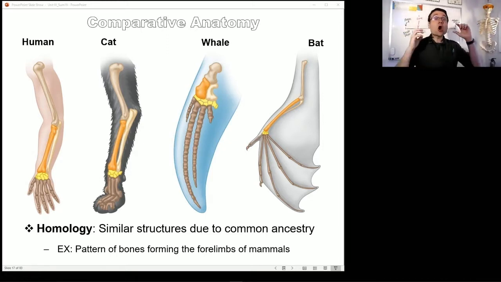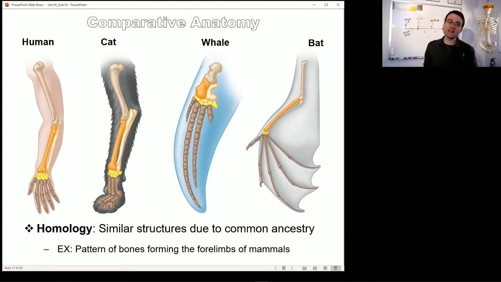So these are homologies. These are organs in animals that are similar to each other in construction because they share an evolutionary ancestor. They might be modified for different purposes, but they have the same construction to them, so they're related. Another aspect of comparative anatomy is not just finding where things are closely related, but figuring out which comparisons